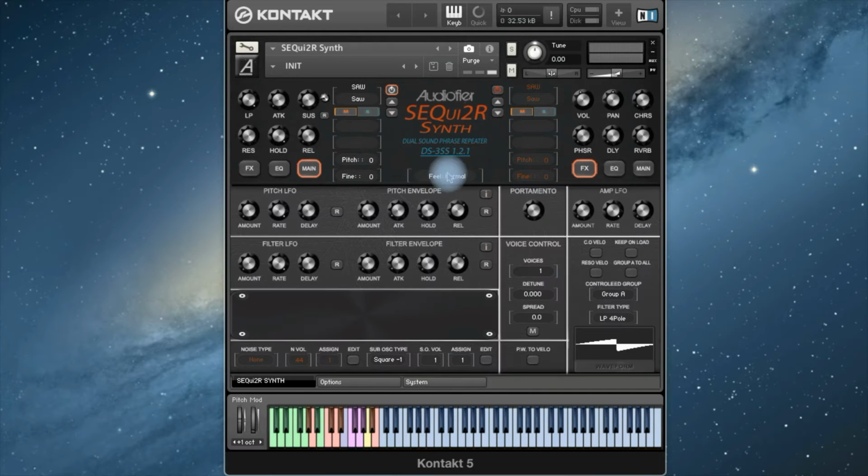Today we're going to try to explore the most hidden functions in SEQui2R SYNTH. All those little things that somebody might overlook, but they are really powerful features. We're going to start with this button here, the mono mode. This button here, this M over here,